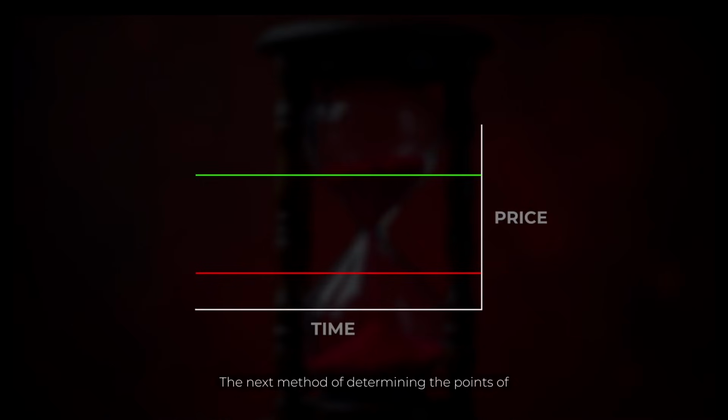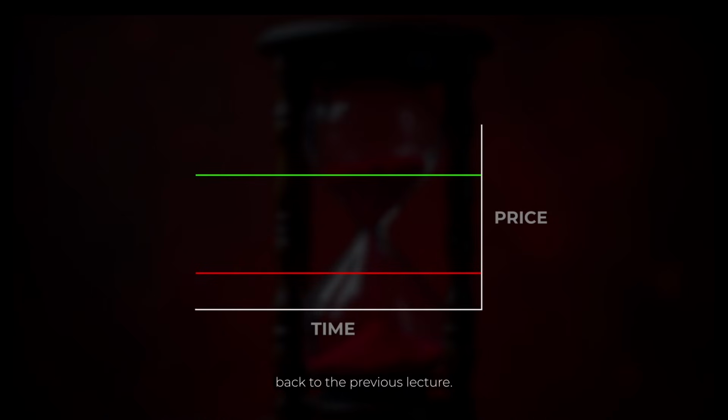The next method of determining points of interest, which we're going to take a look at, are time cycles. When it comes to time cycles, it's important to note that you have watched the prior lecture on the topic in which I outlined what time cycles exactly are. If you did not watch that lecture yet, I highly suggest you to stop watching this lecture and go back